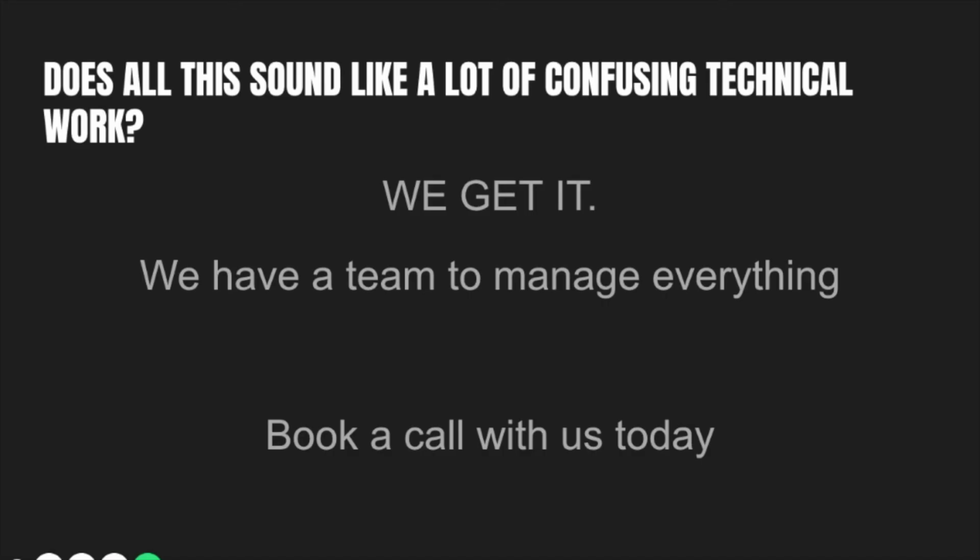So, does this sound like a lot? Does it sound like a lot of confusing technical work of testing it all out and managing all this stuff? We get it. We have a team to manage everything. That is totally what we have built out, a team of specialists in place to help you in your business increase this ROI. And really, it's about the longevity of your business, because what's working right now isn't always going to work later. You really need to have a system in place to get all this together so your ads stay